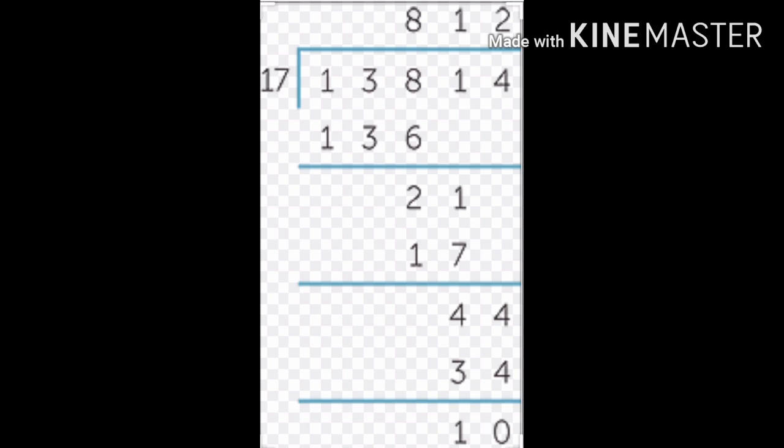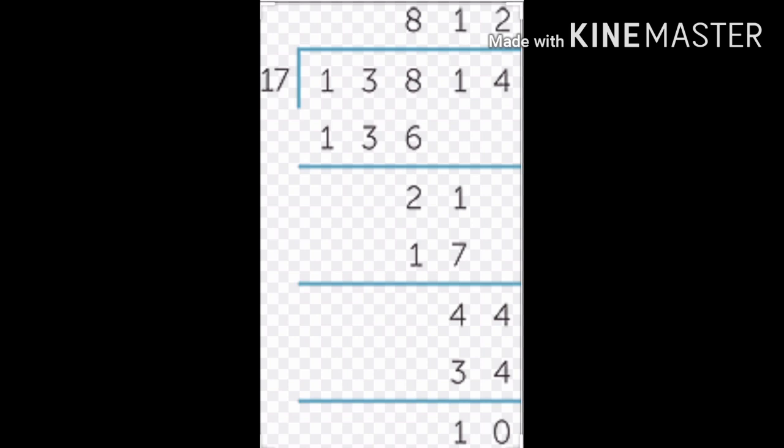Though we have to learn the table till 20, but say we will be trying with the number at the left hand most corner. 8 into 1, say 8, means the total number should be less than 138. So 17 into 8, it's 136. We are subtracting. 8 minus 6 is 2. What we do? We bring